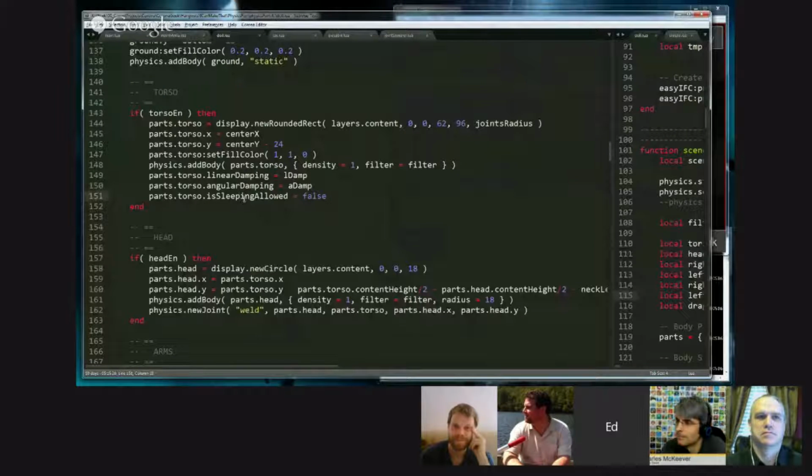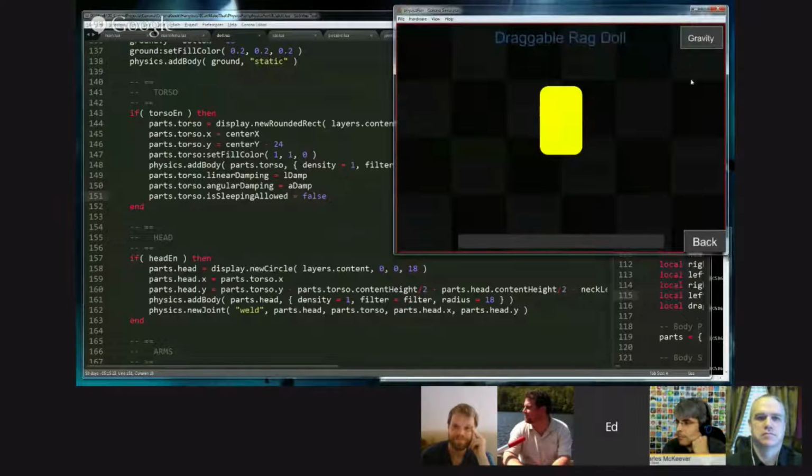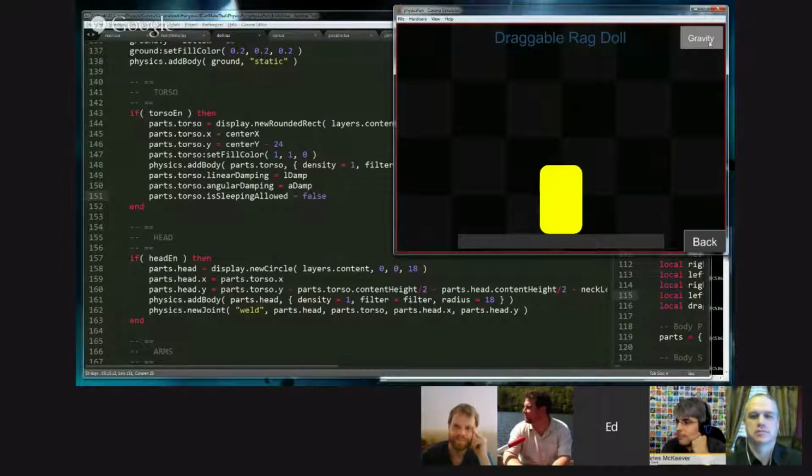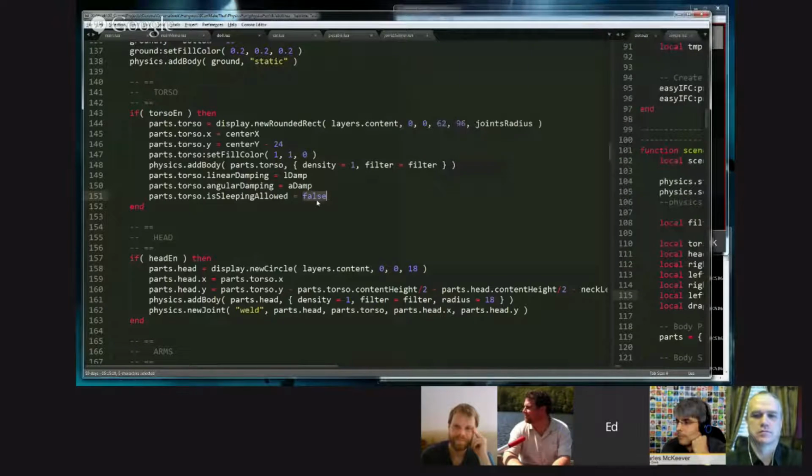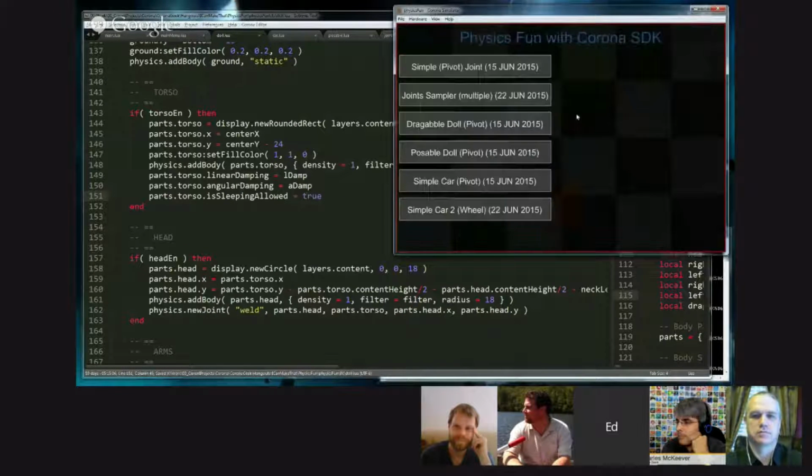And then, as we talked about last week, I set is sleeping allowed to false because I knew that in this example people would be flipping the gravity on and off. And if the body was allowed to sleep, when you turned on gravity, it would not fall. So, for example, if we set this to true, we reload it,